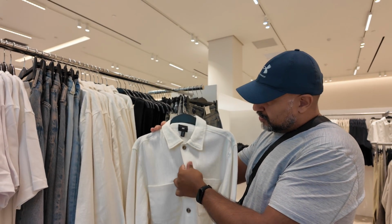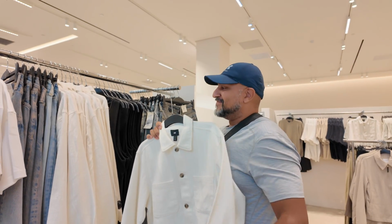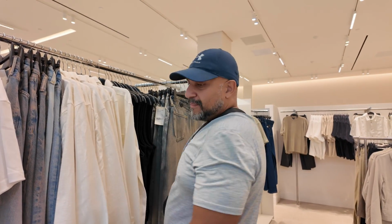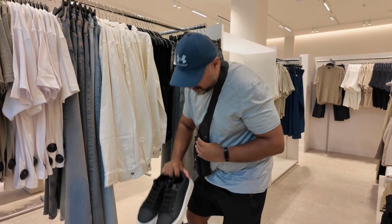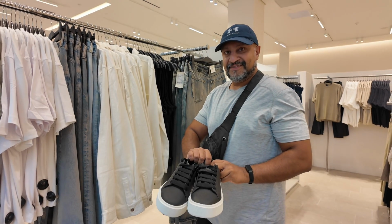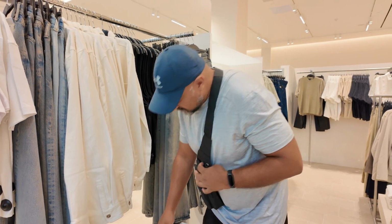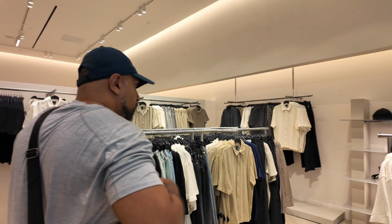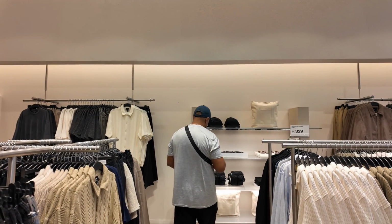I really like the material. A lot of H&M's clothes have neutral colors. They're quite light, so white or cream or browns, quite earthy colors. These shoes look quite nice. So if you're on a budget but you still want to look for quality clothes, I recommend going to H&M